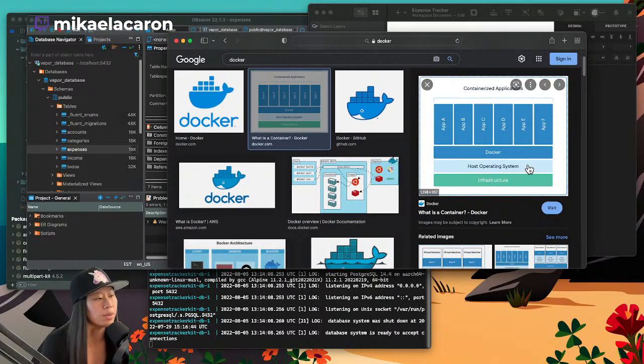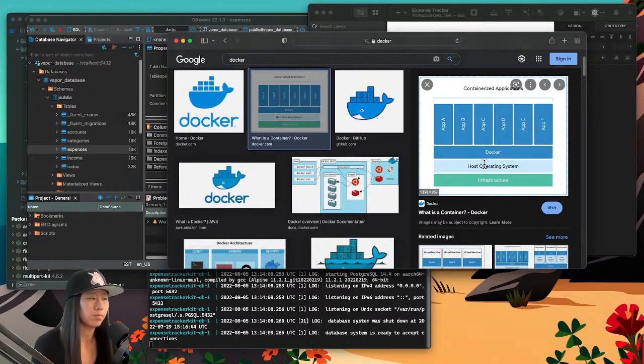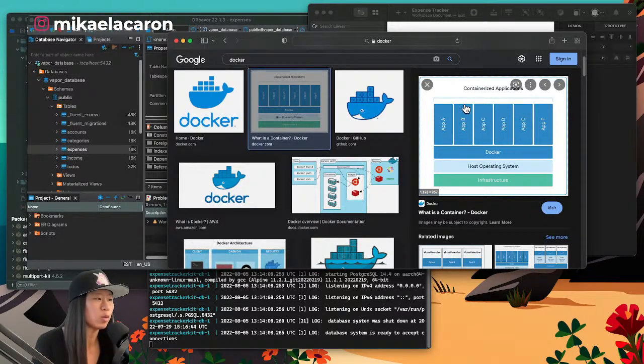So typically you have, like my computer, it has its infrastructure, meaning the MacBook itself, the host operating system, so we run on macOS, and then we have Docker right now. So we are running the database in a Docker container, and that means it can just spin up and deploy, and it has all the stuff that it needs to deploy, as opposed to having to create a whole new operating system to make something work. Like if I was doing something that may only be compatible with Windows, when in reality it may only need a specific library that's typically found on Windows, you can make what's called a container and run your app within a container,